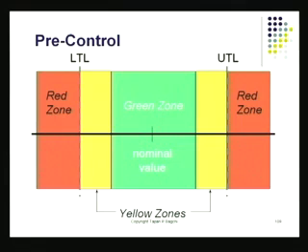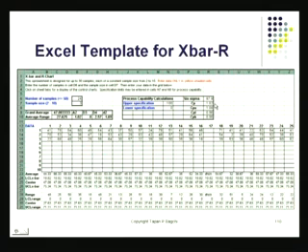Now there is a way to also get warnings out of the process, and those are done by pre-control. Pre-controls are also control charts just like the other ones. And pre-control charts have 3 regions: the green zone, the yellow zone, the warning zone, and the red zone. And the tolerance limits are used here in place of control limits. When I'm doing pre-control, I normally use tolerance limit, specification limits. Those are used here. Again, a fairly decent book on statistical process control should be able to explain to you what the utility is of